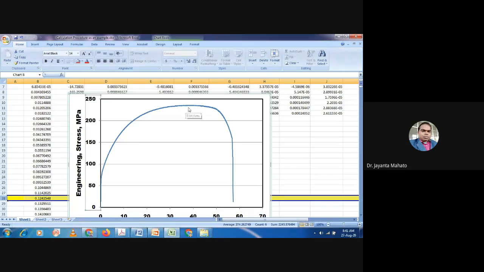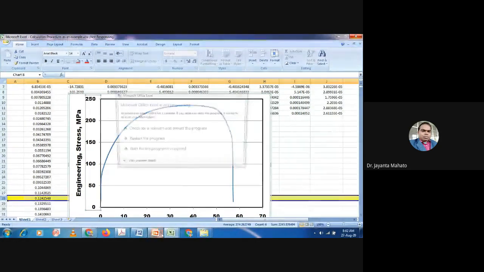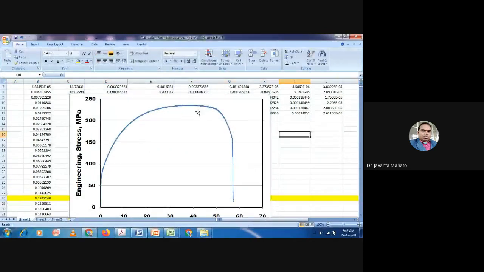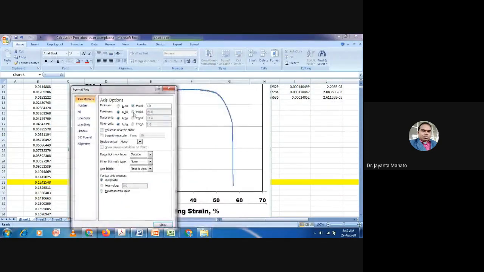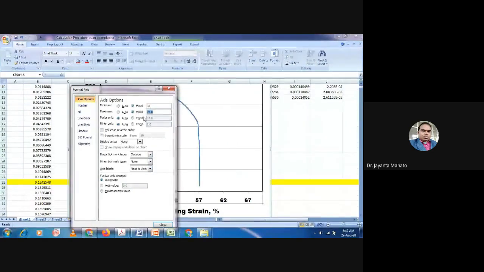This zone will be between 35 and 40. I am zooming in again. So this value is around 37, make it 40.